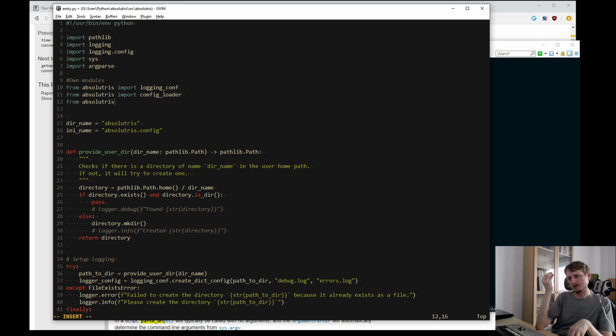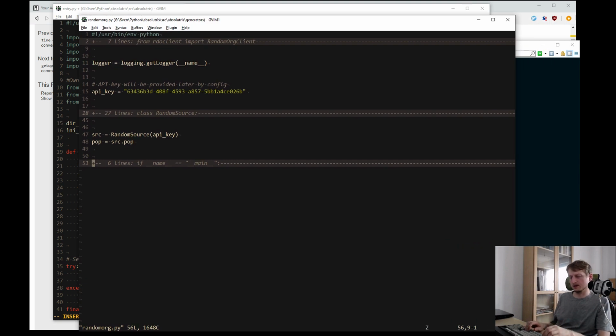The generator will be something like the source. Import generators and I say random org. And my generator's random org code is like this.